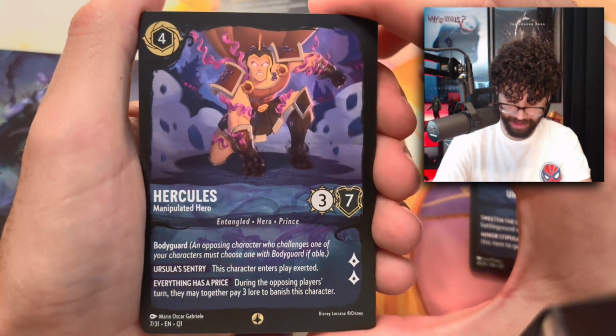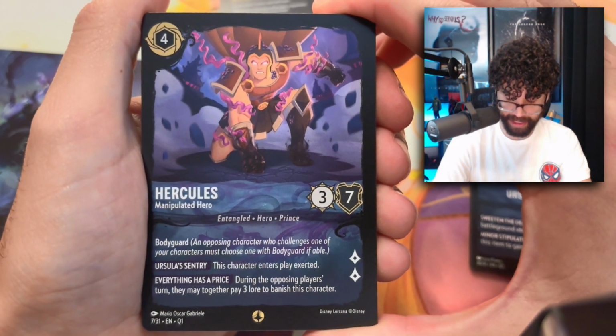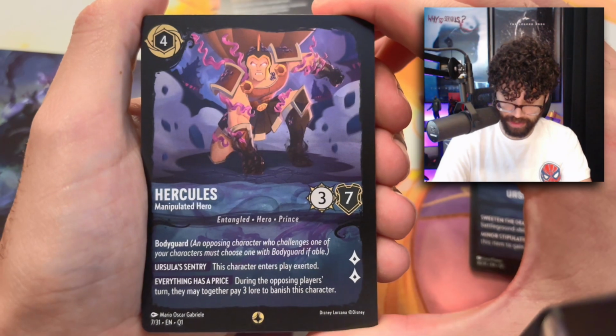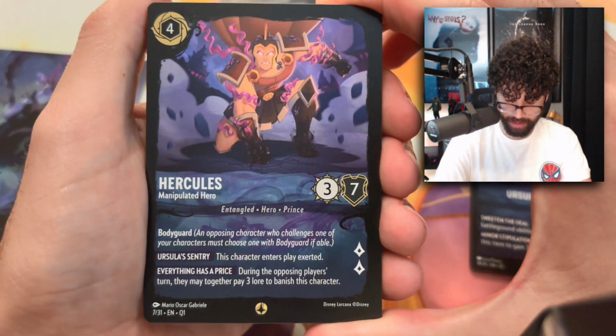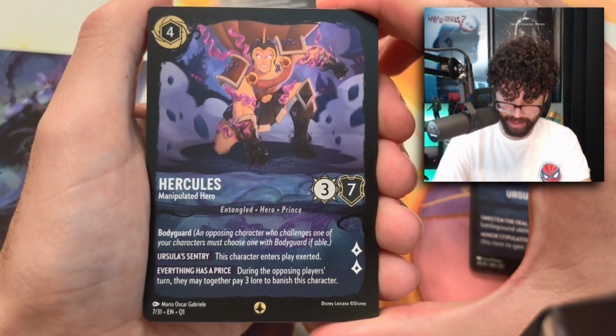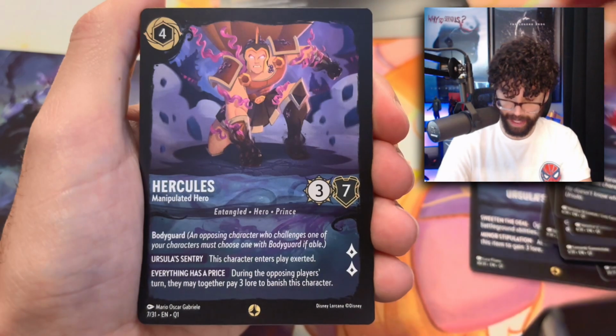Hercules. Wow, he looks crazy. Love the effects on him there. Manipulated Hero. He's a 4-cost inkable 3/7 with questing for 2 with Bodyguard. Ursula's Sentry. This character enters play exerted. Everything has a price. During the opposing player's turn, they may together pay 3 lore to banish